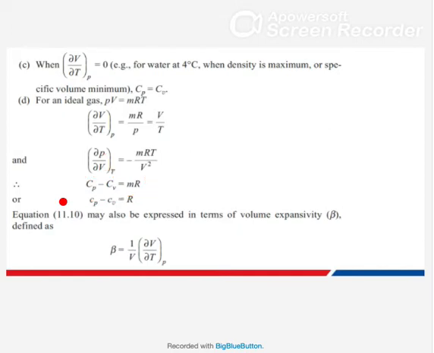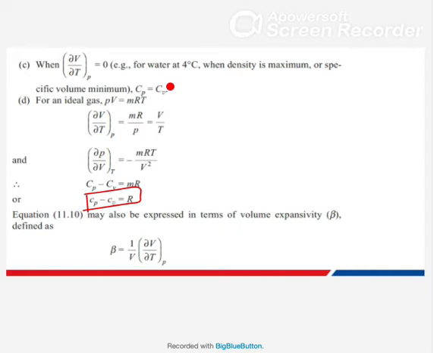So this is one useful relation which you can derive from the TdS equation, with the help of the Maxwell equation. The TdS equation or Maxwell equation helps us mathematically derive these useful equations. So you don't have to remember all those things that we derived, but you should understand how to conclude different things with this TdS equation.